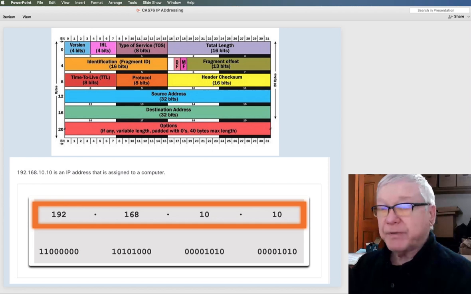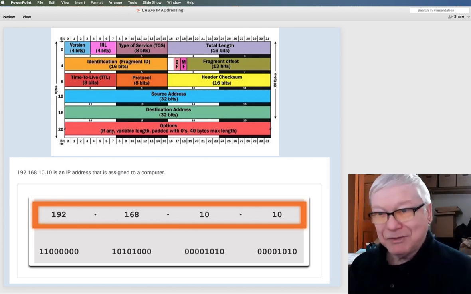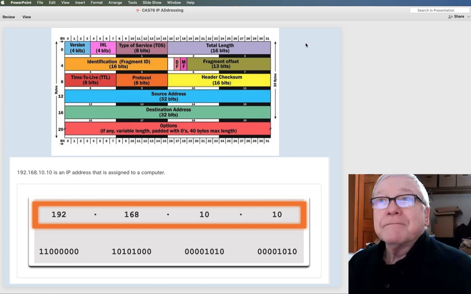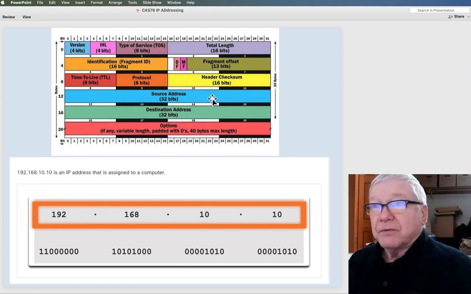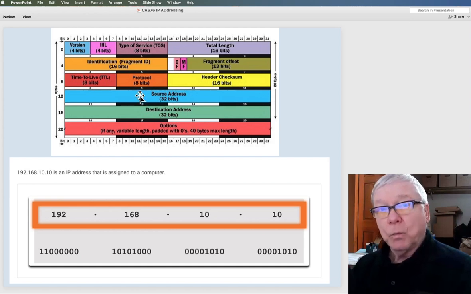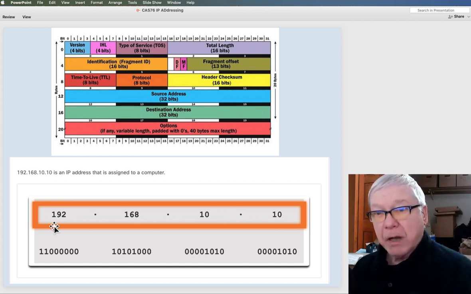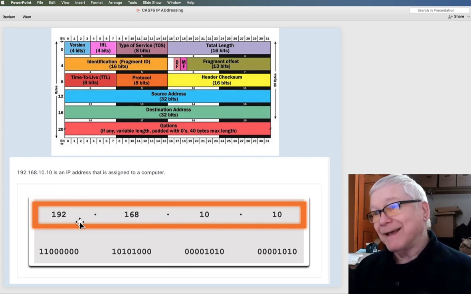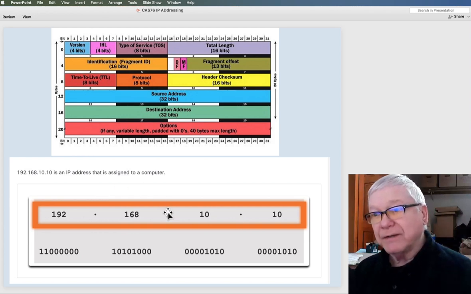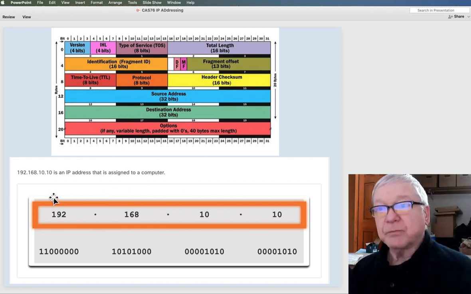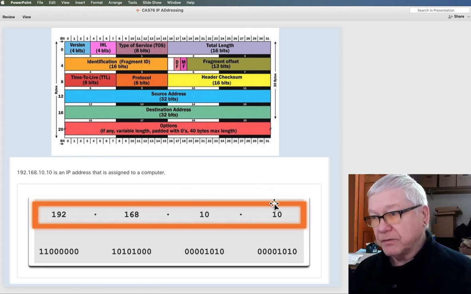So when we're talking about IP addressing, which was kind of the point of this video in the first place, at this offset the next 32 bits are going to be the source IP address. When I see them from Wireshark, Wireshark will have separated them out into the 4 bytes or 4 octets and represented that as decimal numbers with a dot in between to indicate that this is this byte, this is this byte, this is this byte, this is this byte, or octet. And the numbers there are